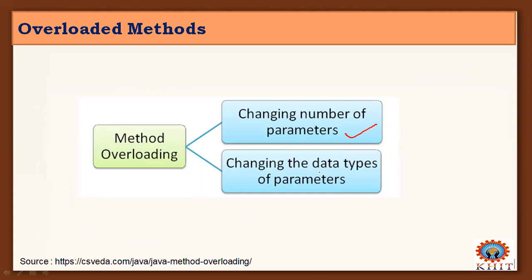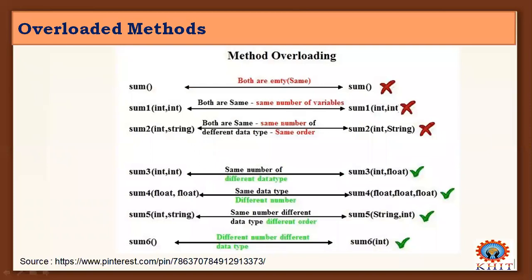And changing the data types of parameters. So these two help us to differentiate methods even when they have the same name. Next one. And these are some do's and